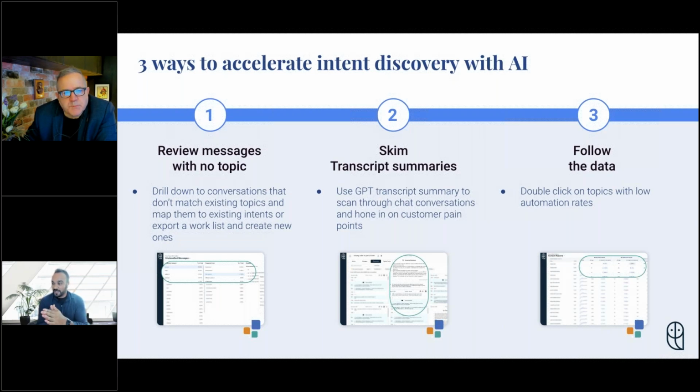Second, another way to find new intents is looking at how your existing intents are being handled. In Operations Center, we'll help you flag where there are problematic topics, where the experience isn't ideal, where the automation isn't great, and actually help you by looking at some of the summaries of conversations that are happening.